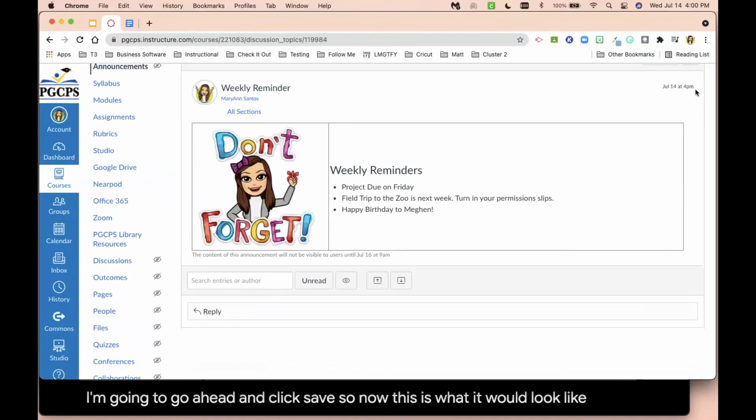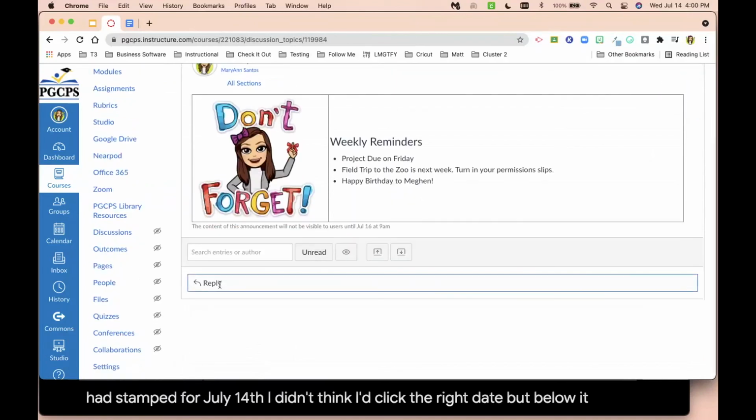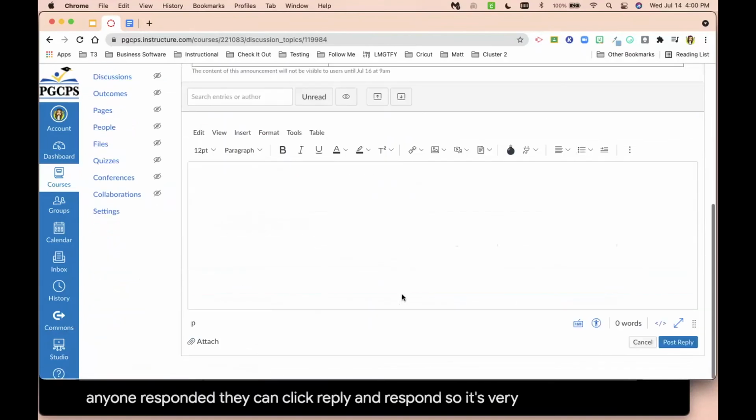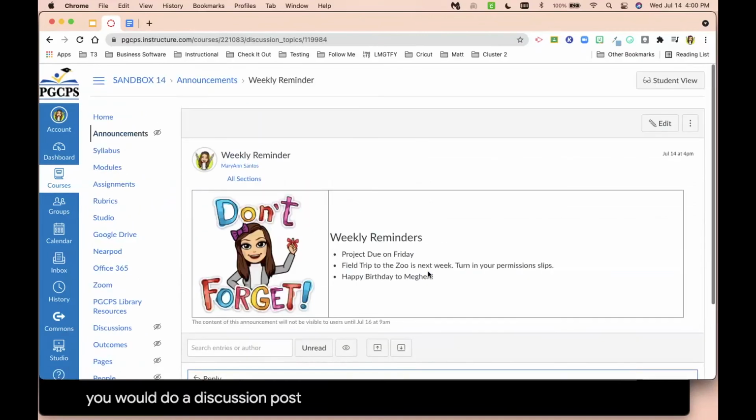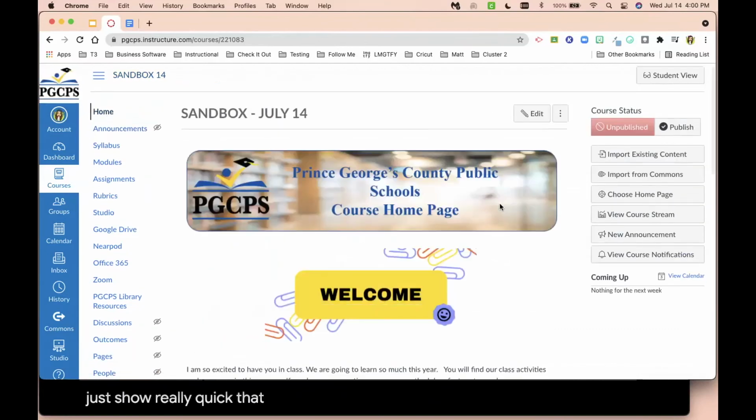And you'll see that I had stamped for July 14th. I think I clicked the right date, but below it, if anyone responded, they can click reply and respond. So it's very similar to how you would do a discussion post. I'm going to come back here to my home and just show really quick that you can also have